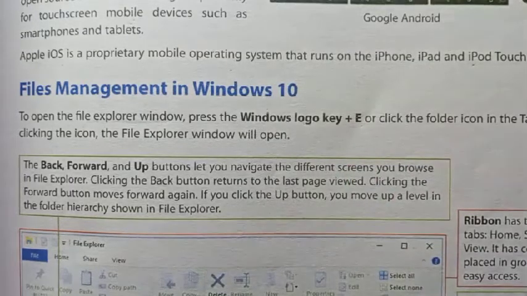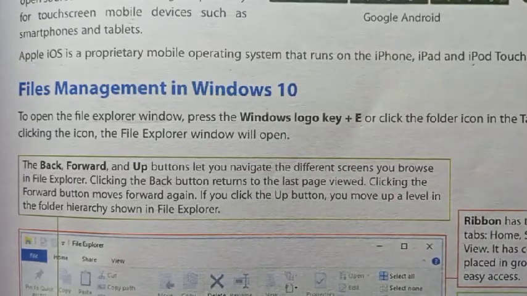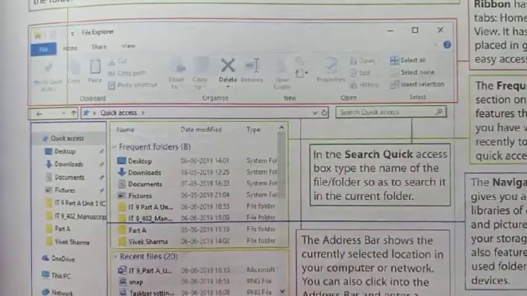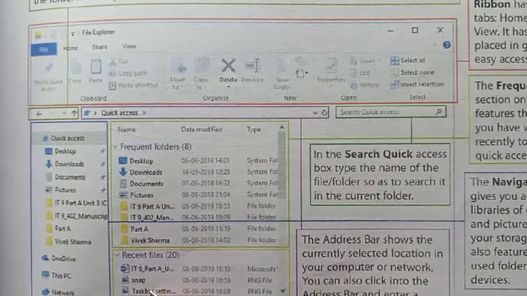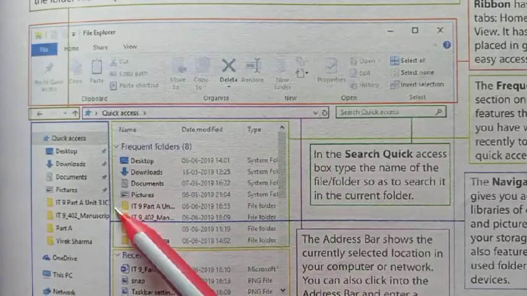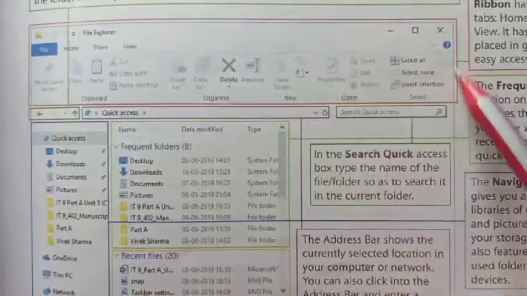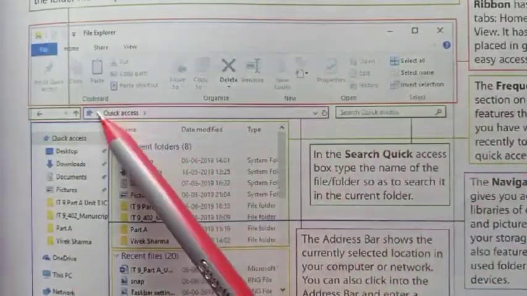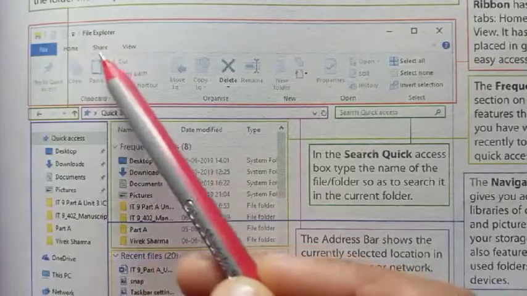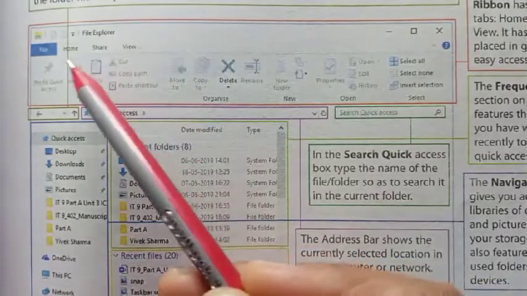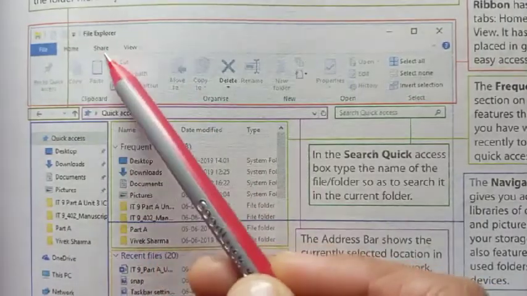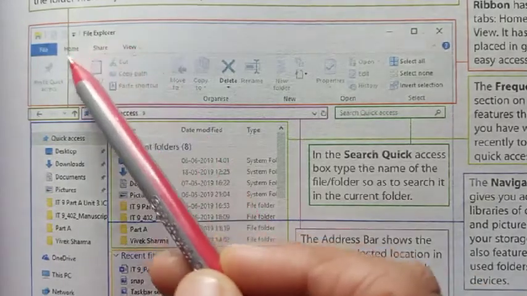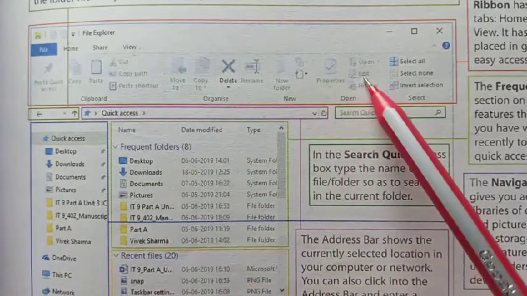When we click on the folder icon, we are going to get a screen somewhat as shown here. You can see that this is divided into different parts. This top area highlighted is called the ribbon, and this ribbon has three main tabs: the home tab, the share tab, and the view tab, and every tab has its own ribbon.